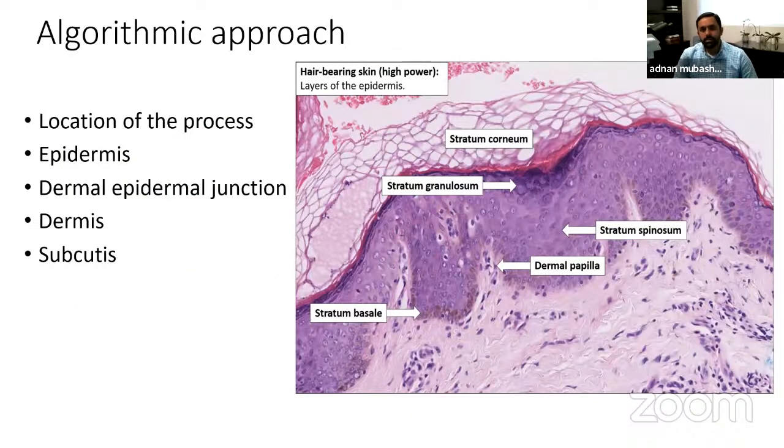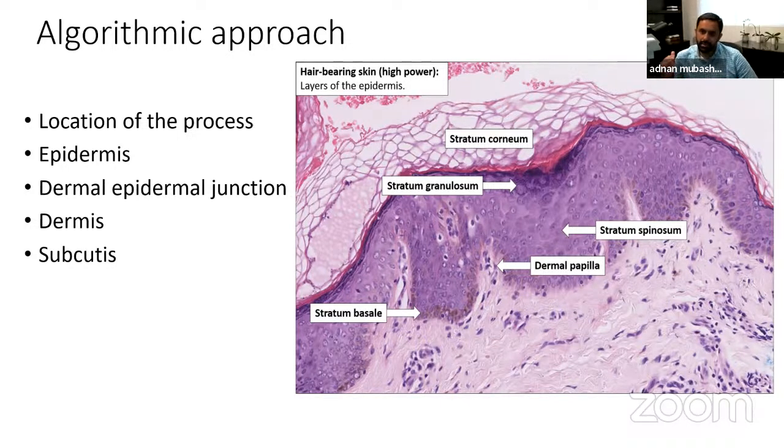All right, let's move on to the pathology part of things. So I'm going to talk about skin pathology and the general patterns that you see in a skin biopsy or in a skin disease. So before I go into the pathology of skin, let's talk about the normal histology of skin. So in the normal histology, you see, so this is the normal histology, that different parts of the skin